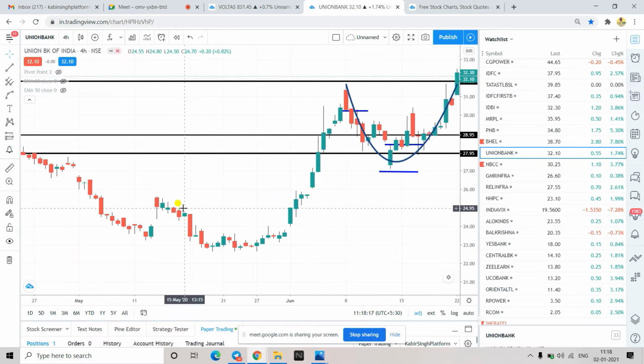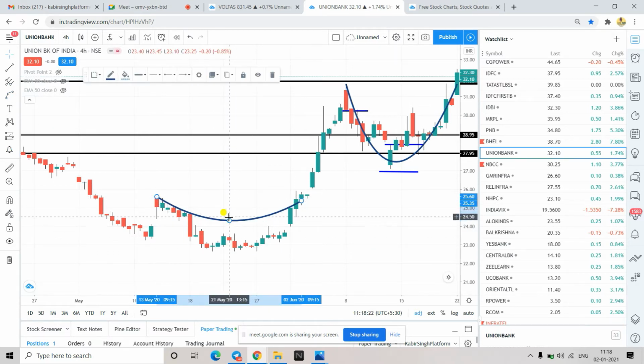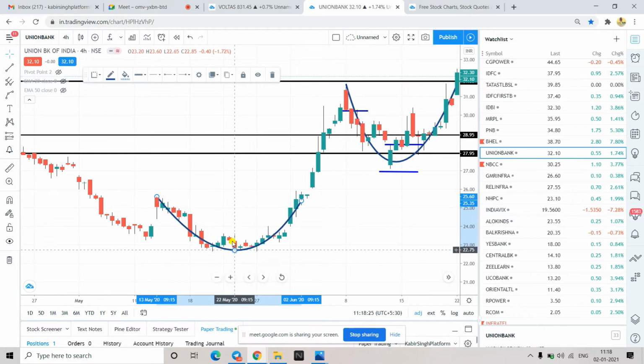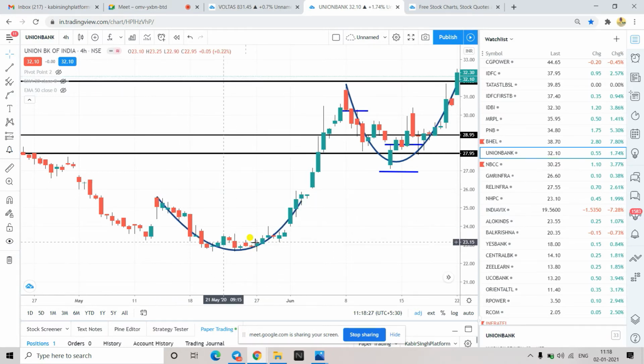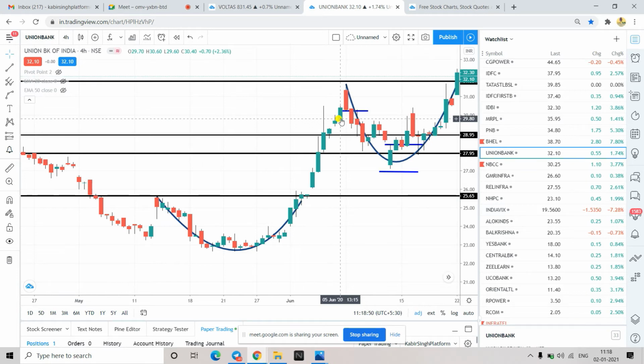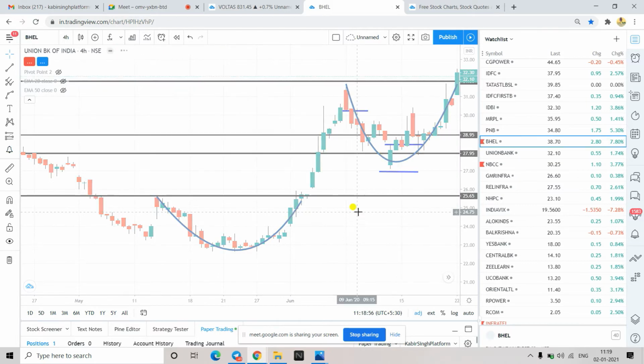Here also I can make one. To identify this, it is simple. At the bottom you will get very small candles. At the sides there will be big candles. At the bottom there will be small candles. The basic thought process is that at the bottom there is no domination, while on the sides buyers and sellers dominate. Here buyers will dominate, and once this is broken, you can anticipate a good move. Understood this point? Yeah, got it.